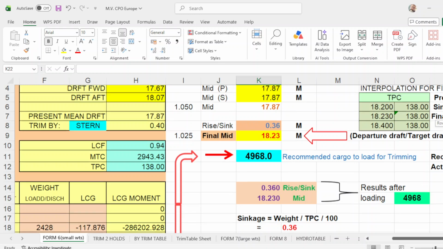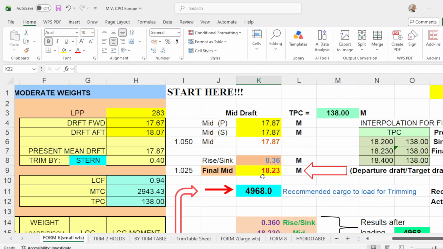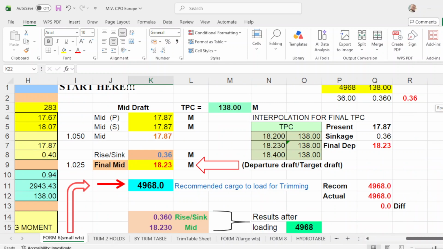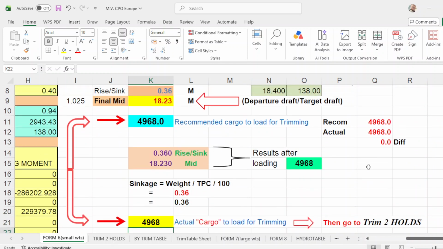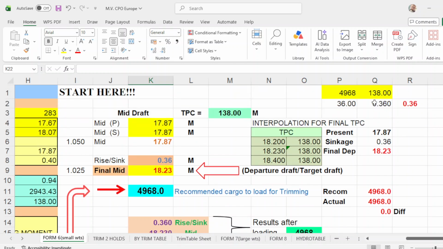Now, with your departure drop of 1823, you interpolate the TPC of 1823, which is 138 exactly, which is this one. Okay. So since the actual cargo to load for trimming is 4968, you put here 4968, and the TPC from your departure drop of 1823, which is 138.